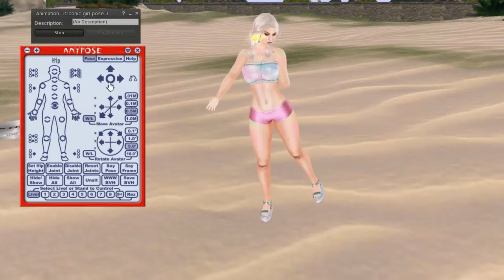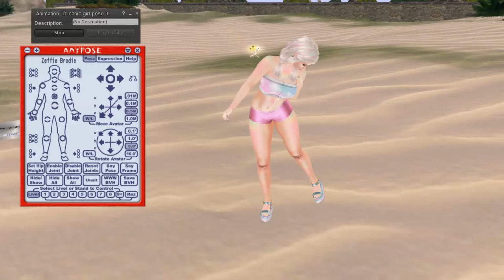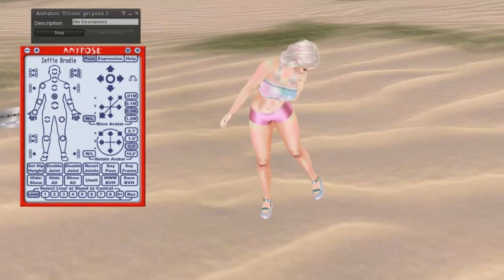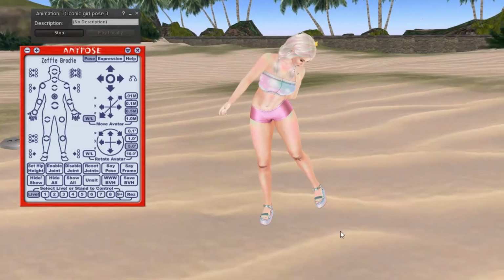You can even move your center of gravity, but I haven't messed around. Oh, you have to be on the pose stand in order to move the bottom, to move your spine, like the middle. I was able to adjust one of these poses and make it look really cool. But let's say, you know, you wanted to